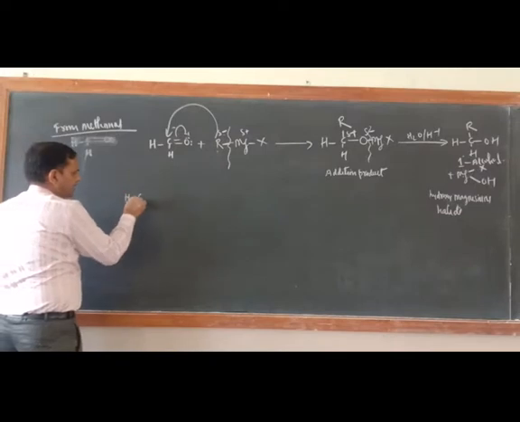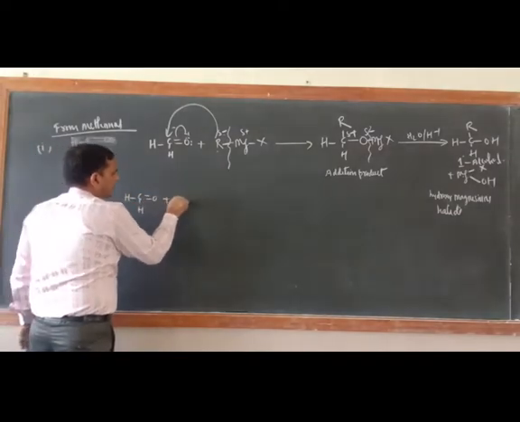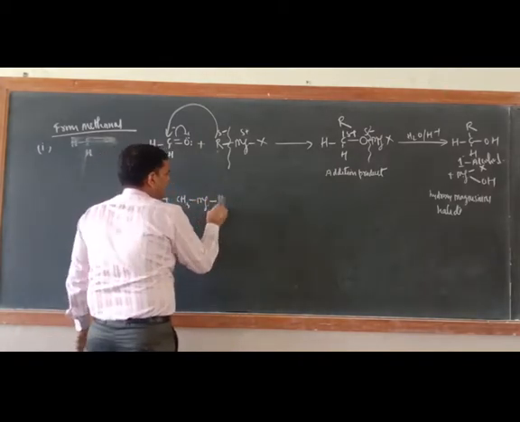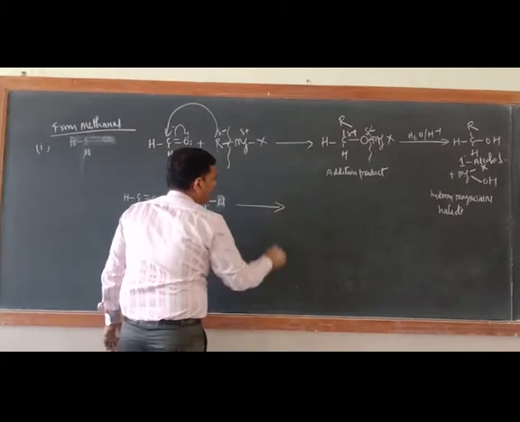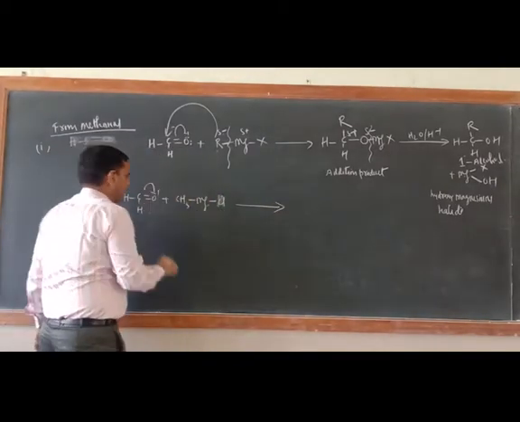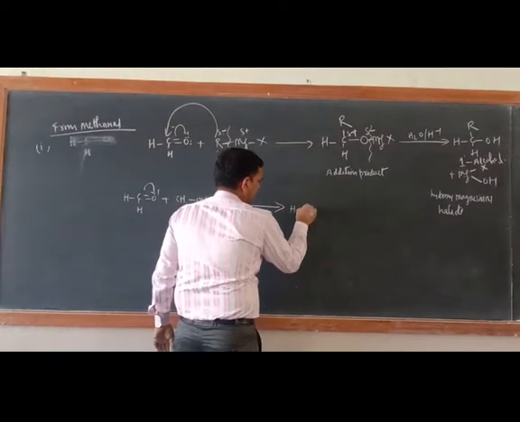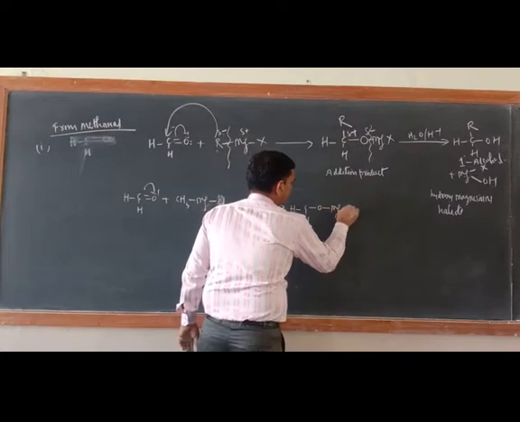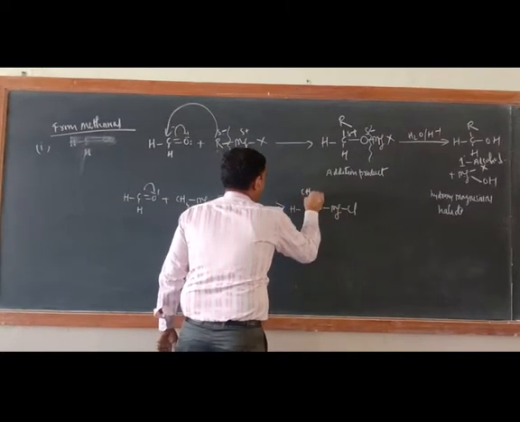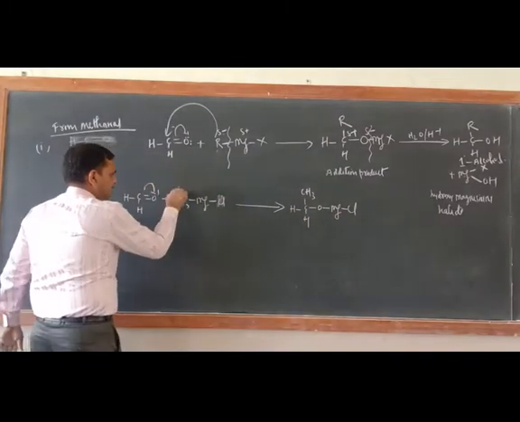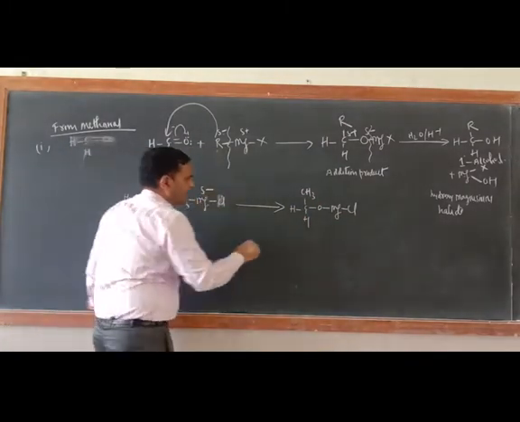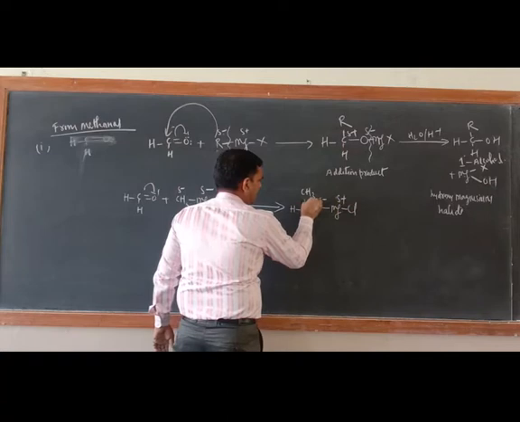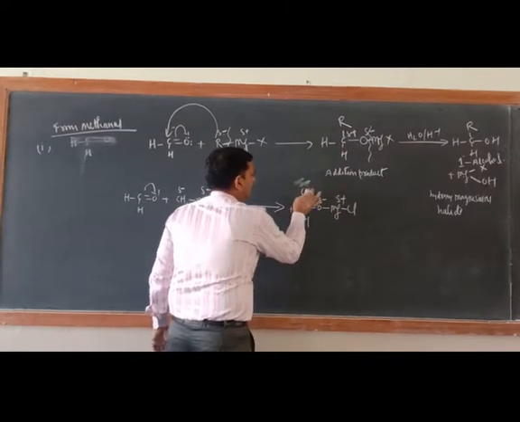Now you can take an individual R here. Take HCH double bond O, and here CH3MgX. Take here Cl. Shift this one here. So the product is HCH, O with MgCl, and here CH3. Try to understand: this is slightly negative, here slightly positive, and this is slightly positive, this is slightly negative. Now it is not negative because it is added.